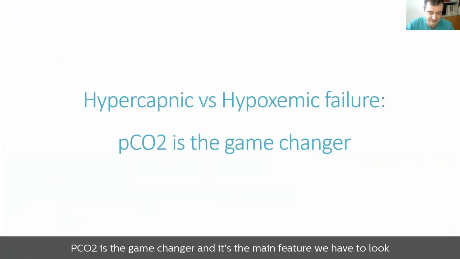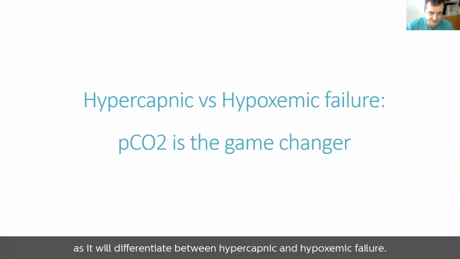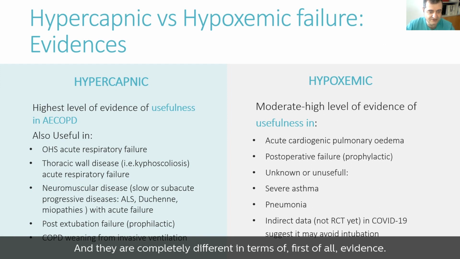PCO2 is the game changer, and it's the main feature we have to look at when thinking about the use of NIV, as it will differentiate between hypercapnic and hypoxemic failure. And they are completely different in terms of, first of all, evidence. We have the highest level of evidence of the usefulness of NIV in acute exacerbation of COPD that occurs with